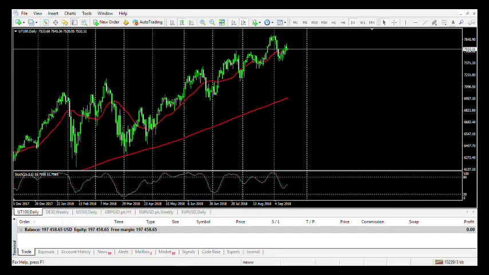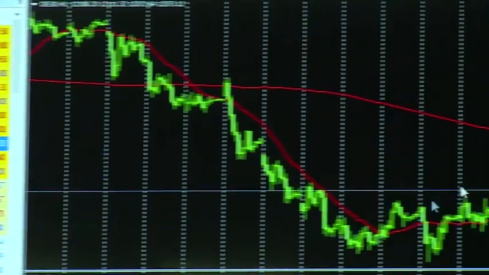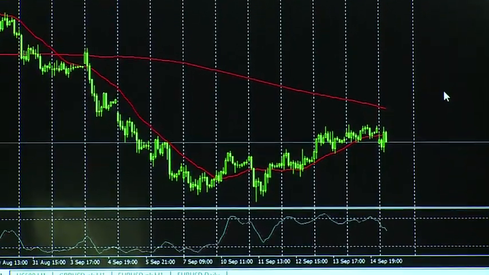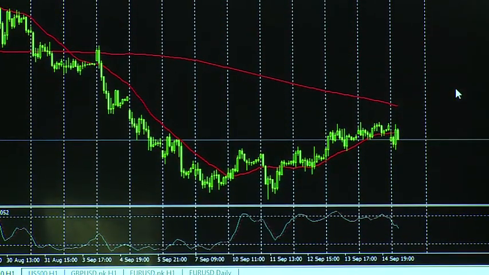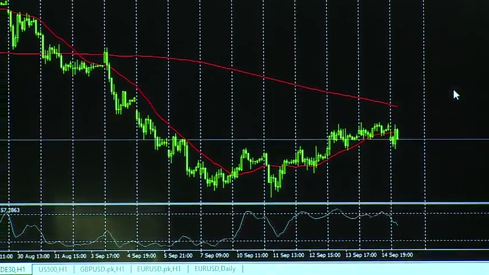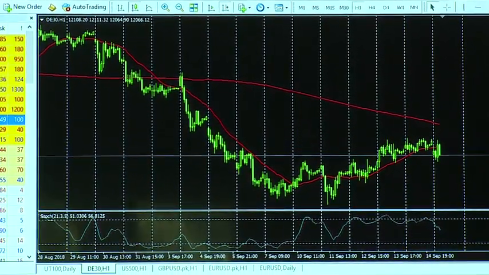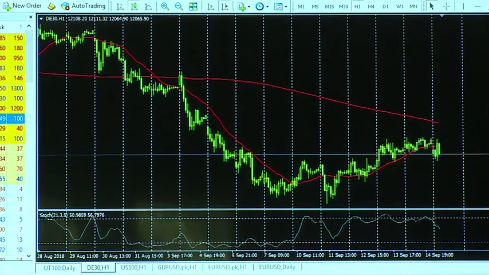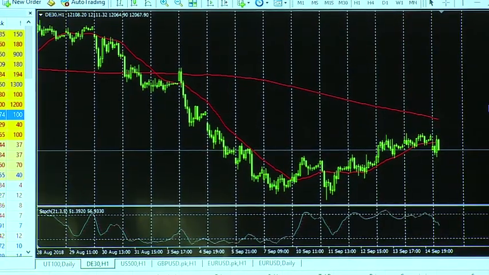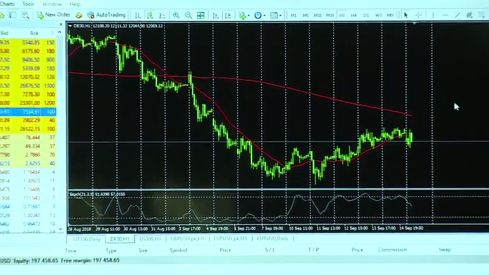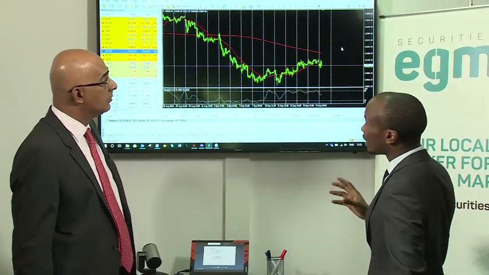Another volatile one is the DE 30, or the German 30. This is the DAX, made up of all the top German blue chip companies. It's a bit volatile as it ranges a lot because it has pharmaceuticals, chemical companies, and car manufacturers. When car manufacturing is doing poorly, like with the VW diesel scandal, you have other companies like Pfizer that are doing well. So it averages out. Like we are saying, it might not be as volatile as individual stocks.